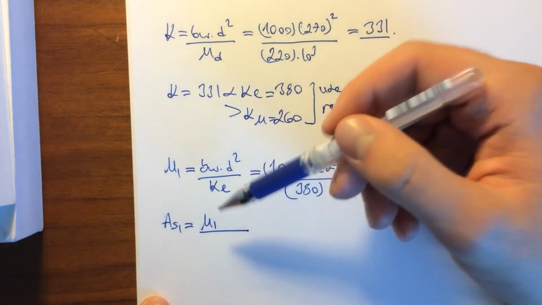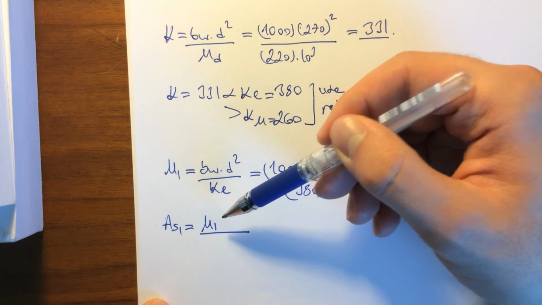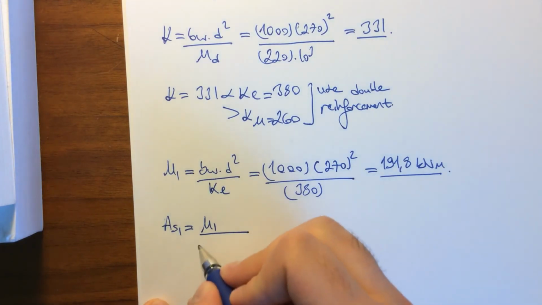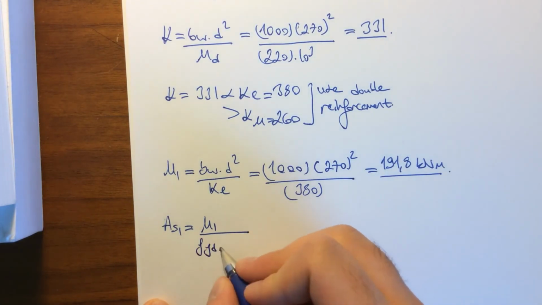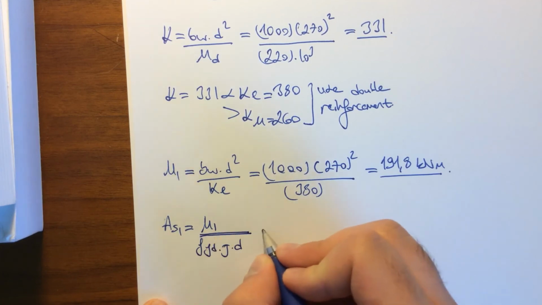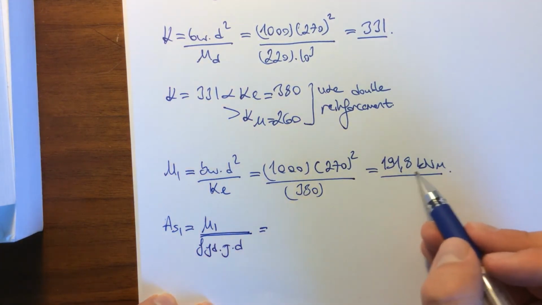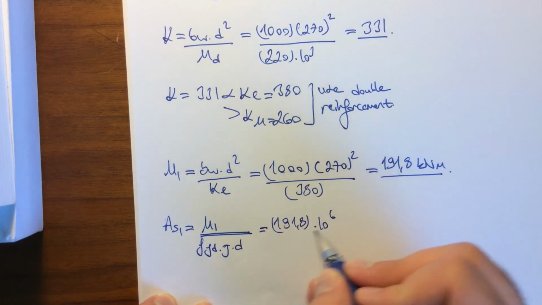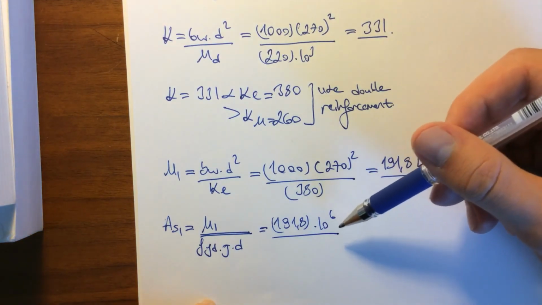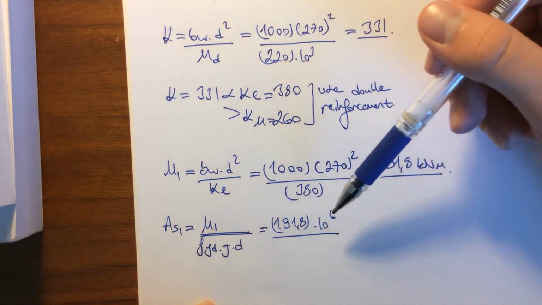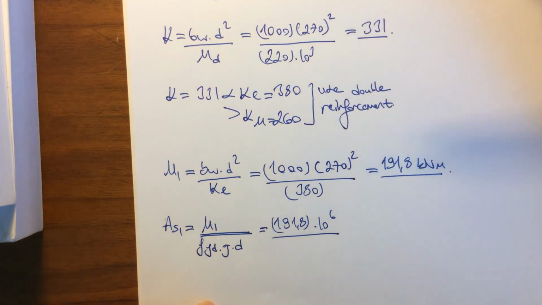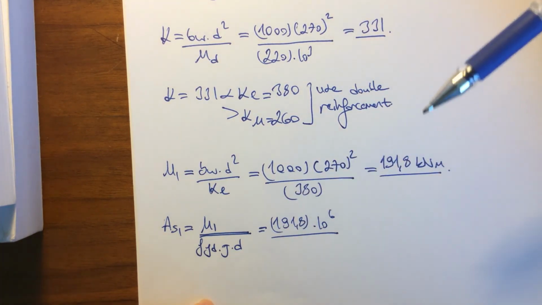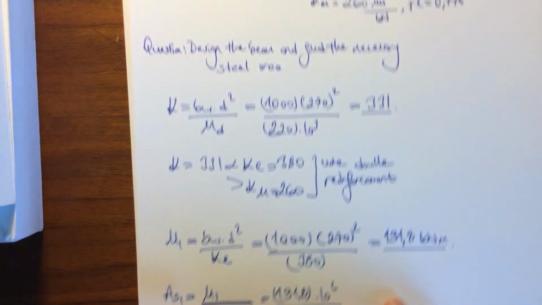We are just putting M1 instead of MD, which we have calculated here: M1 divided by FYD times Z times D. In that case M1 is 191.8 times 10 to the 6. I'm multiplying by 10 to the 6 to have the same units between the top and the bottom, at the numerator and the denominator. Okay, so what was the FYD? It was given to us